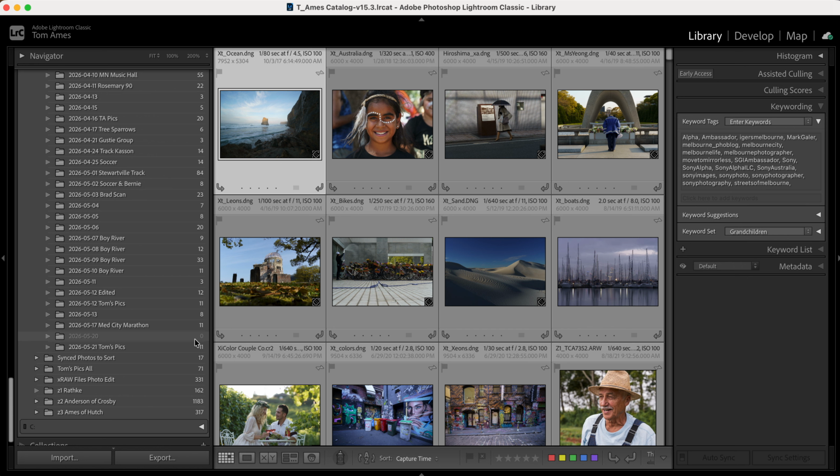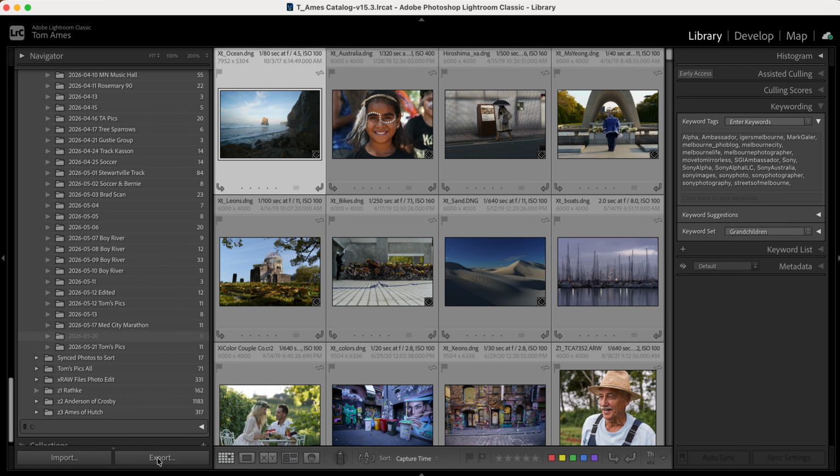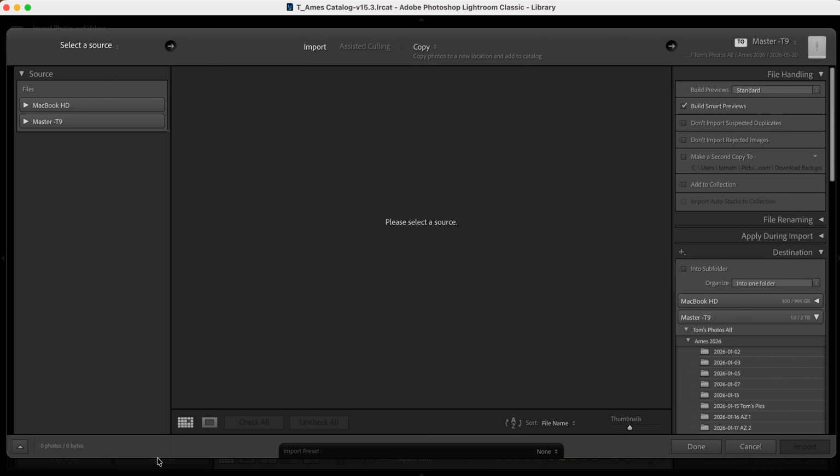Now for the easy import method, I need to tell Lightroom, when I import this set of pictures, I want them all to go here. And I do that by right-clicking on this date. And then I go down to Import to this folder. I'm now ready to put my